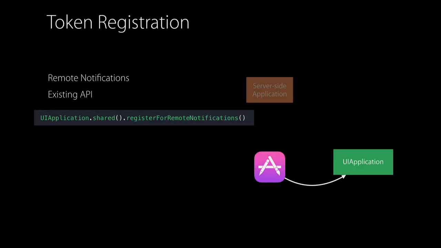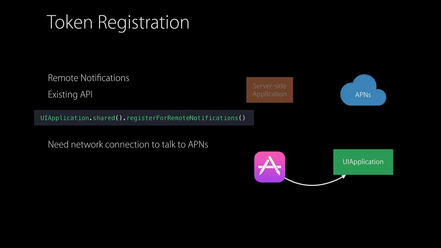But registration doesn't end here. For remote notifications, there's another step for token registration, which uses the existing API on UIApplication. So you register for remote notifications. You need a network connection so that the system can then go talk to APNS for this registration for your device and your application. This token gets returned to your client-side application, which then you need to forward to your